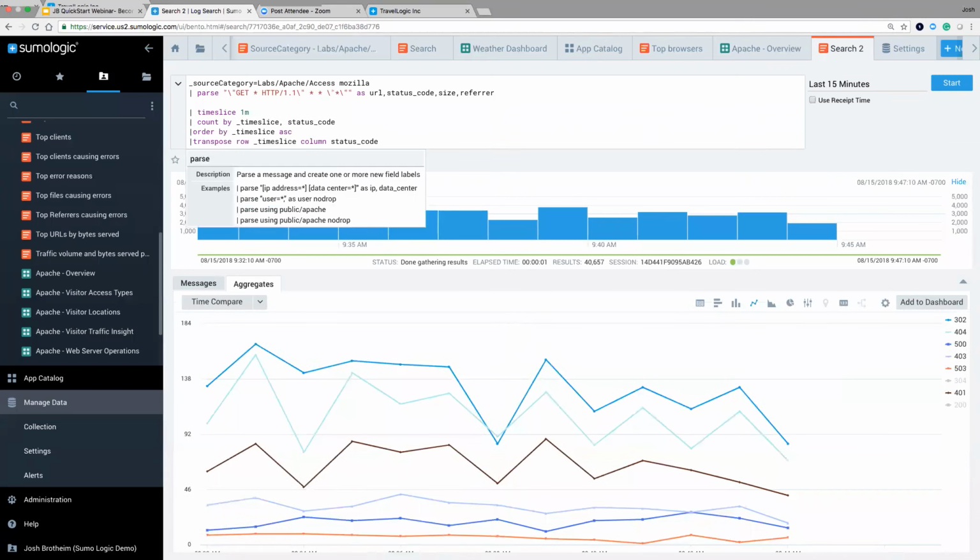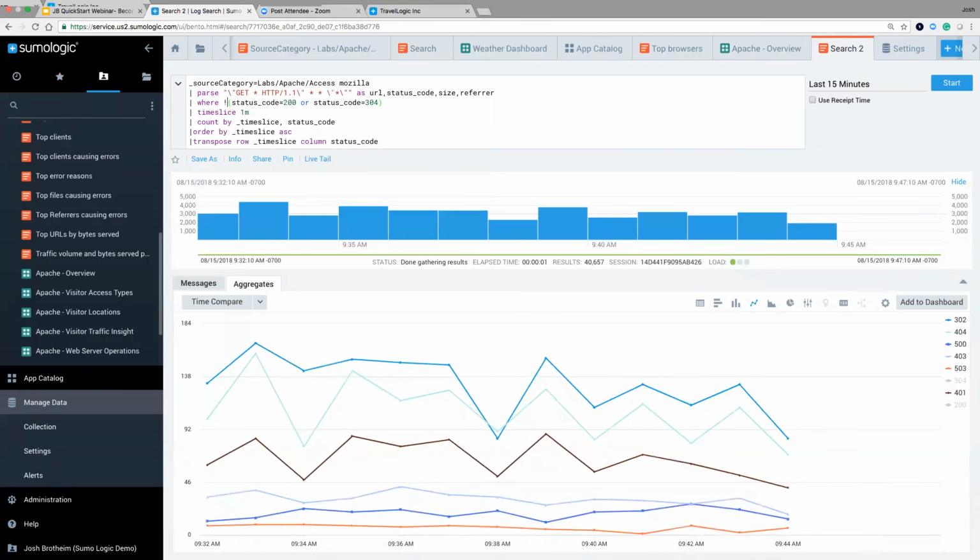I'm going to add a new line, and I'm going to say where status code is equal to 200, or status code is equal to 304. And since I want to leave those out or disregard them, I'm going to put an exclamation point right here. Basically what I'm saying is, show me everything where the status code is not equal to 200 or 304. And now when I run this,